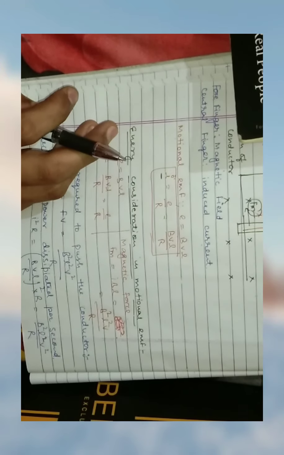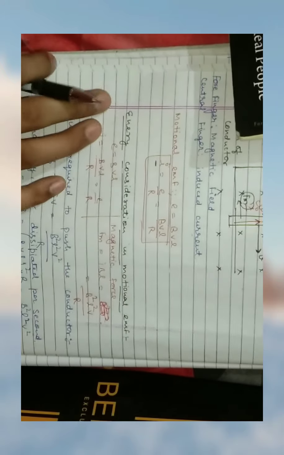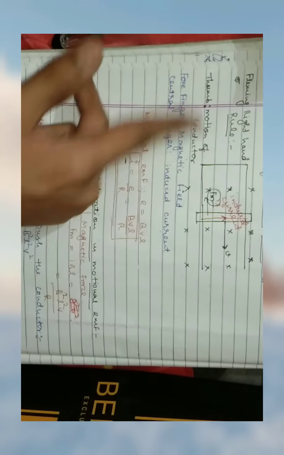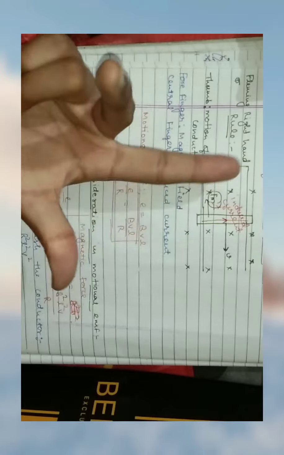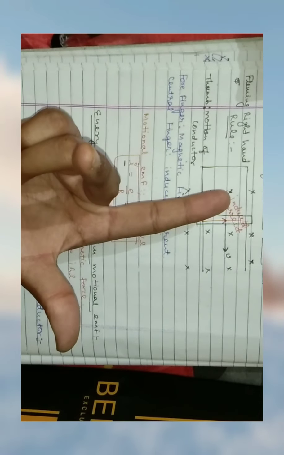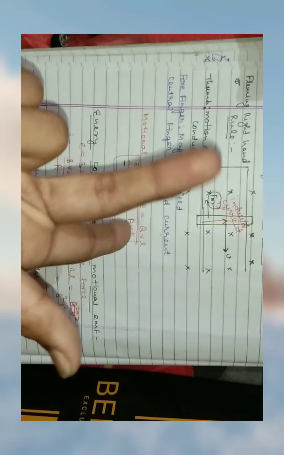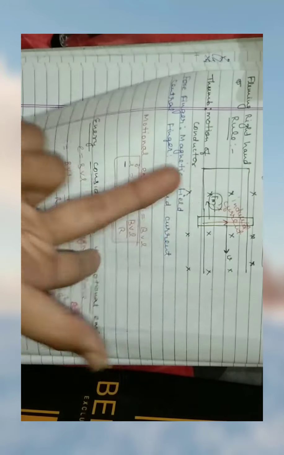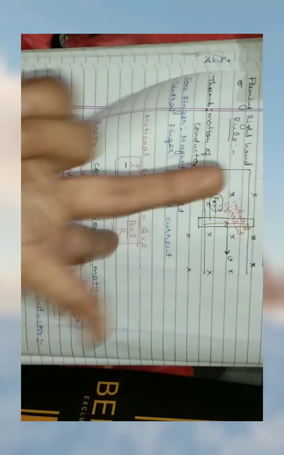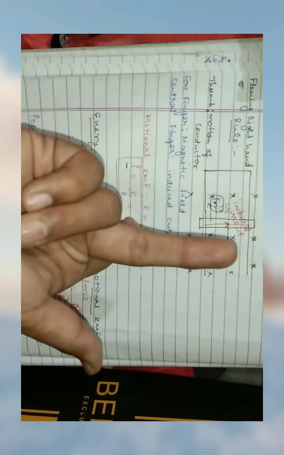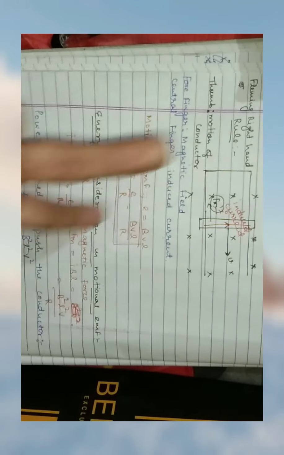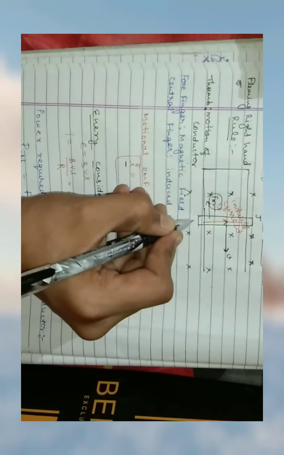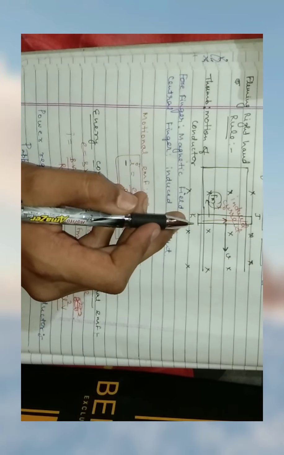Now I will tell you how to find the direction of induced current. Place your hand like this. The thumb shows the motion of the conductor, here. The forefinger shows the magnetic field, which is in the downward direction. Remember to hold the fingers perpendicular to each other. The forefinger points downward, the thumb shows the velocity, and the middle finger shows the direction of induced current. So the induced current flows from this end to that end. Let the ends be J and K. The direction of the induced current is from K to J.